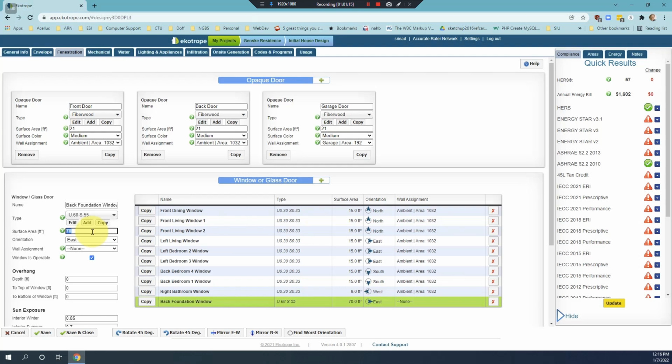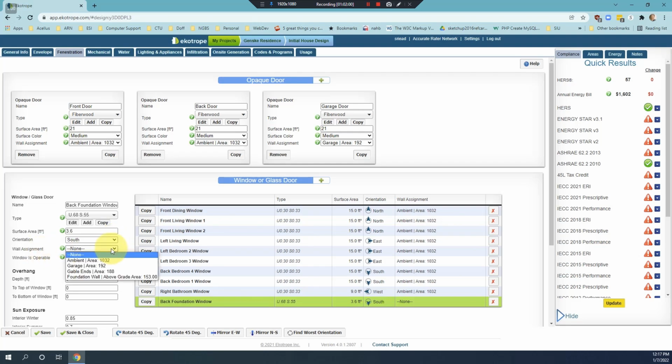by 16 inches. So to convert inches to square feet, we're going to multiply the inches together, 32 inches by 16 inches, and that gives us 512 square inches. Then we divide that by 144, which is 12 inches times 12 inches, and that converts our 512 square inches to the right number of square feet. 512 divided by 144 equals 3.5 repeating. We are going to take our numbers to the nearest tenth of a square foot, so we're going to call that 3.6. The orientation of that back glass block window is south,